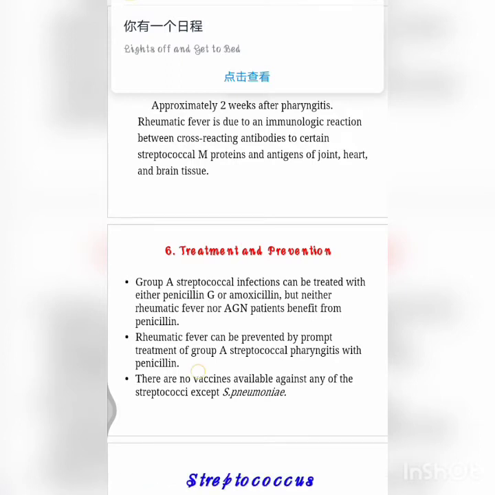There is no vaccine available against any streptococci except pneumoniae. This is important: only S. pneumoniae has two types of vaccines, but other than that, any streptococcus still doesn't have vaccines because of the differences in the M proteins and also its antigenic properties. So our body gets confused and we are not able to find a specific vaccine for Streptococcus